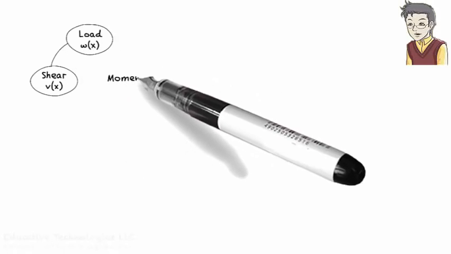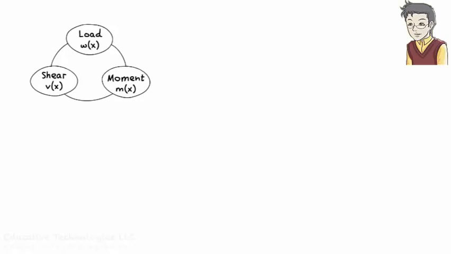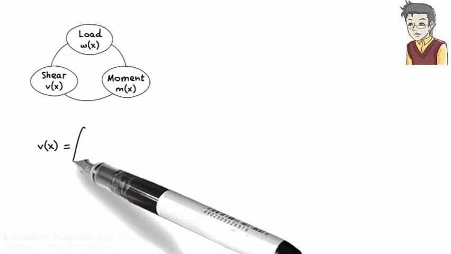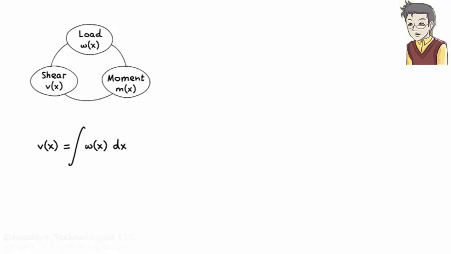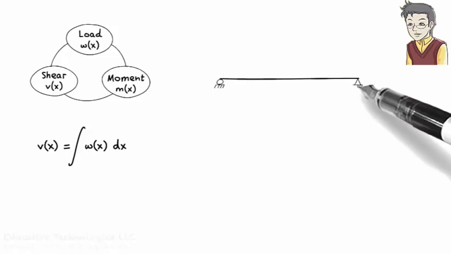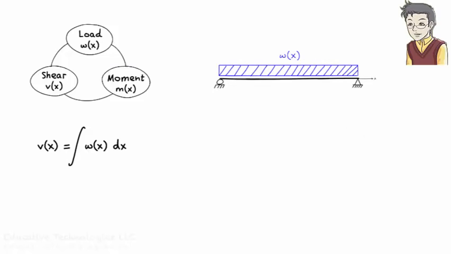To start, let's review the relationship between applied load and shear and moment in beams. Shear can be defined in terms of the integral of the load function. V(x) equals the integral of w(x), where w(x) is the load function and V(x) is the shear function. The same relationship can be expressed graphically using load and shear diagrams. For example, if w(x) represents a uniformly distributed load, then the load diagram looks like this, and the shear diagram